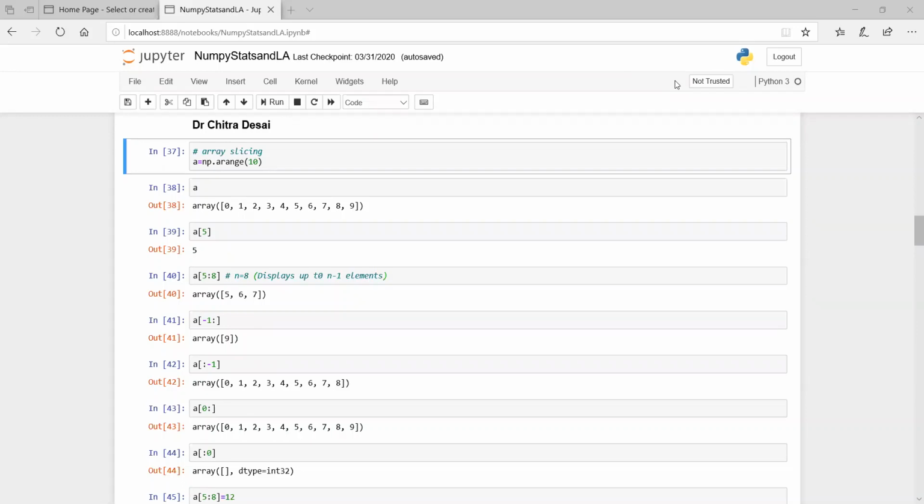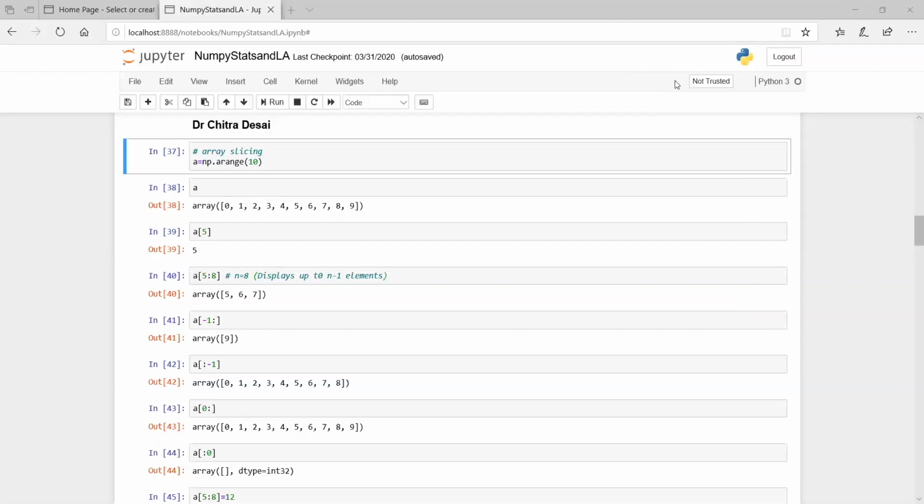In the first video, we saw basic creation of NumPy arrays, maybe using the random function or a list of lists, and so on. Also, we saw very basic commands like the shape command to understand the rows and columns in a particular array, the ndim command to understand how the dimensions of the array can be known. Also, commands like dtype and astype were used to demonstrate how these functions are used.